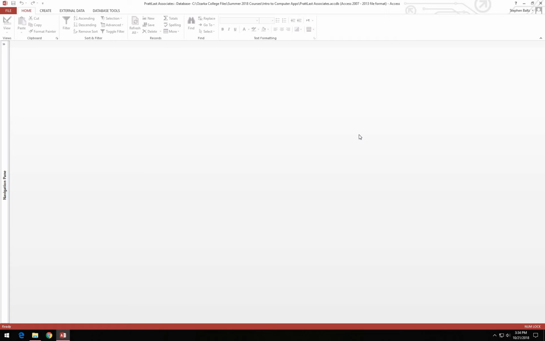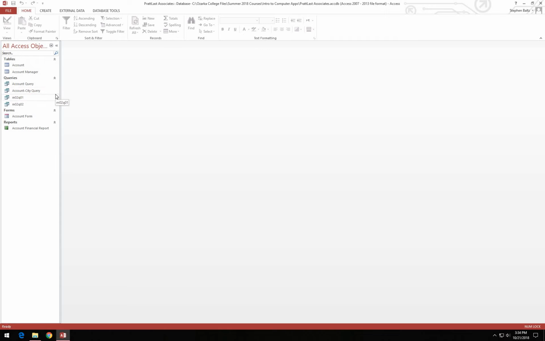Alright. Now, on the bottom of page 77, it wants us to learn how to use a parameter query. We kind of already learned it a little bit, but it wants us to get some more practice here. So what we're going to do is open the navigation pane by clicking the shutter bar open close button. We're going to right click on the Account City Query, and we're going to click the Open button, and it